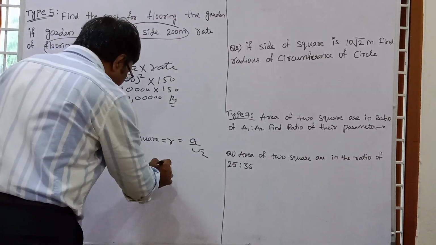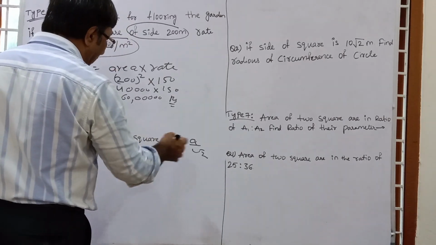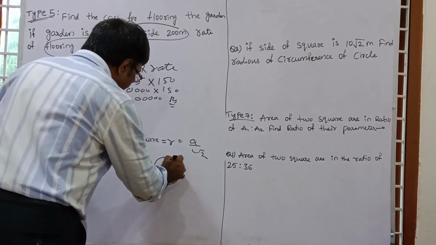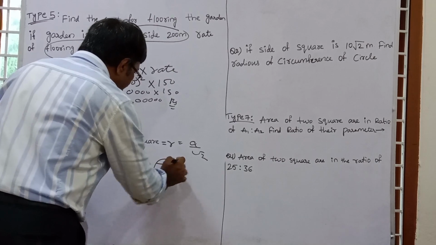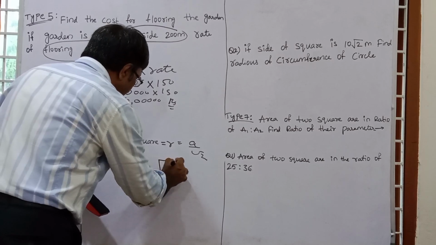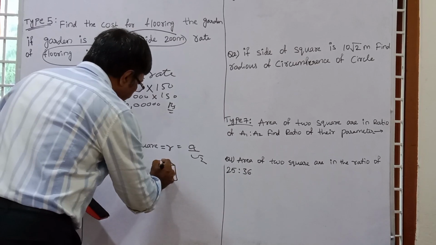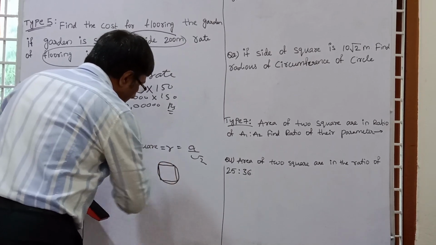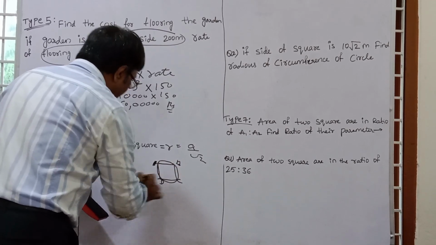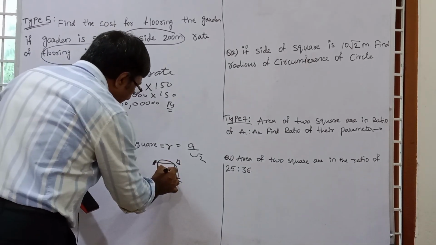See, suppose this is a circumradius of a square, which means there is a circle all around the square. So suppose this is a circle and this is a square. Okay, so this is A, this is B, this is C and this is D. So ABCD is a square. Now this is the center of the circle.